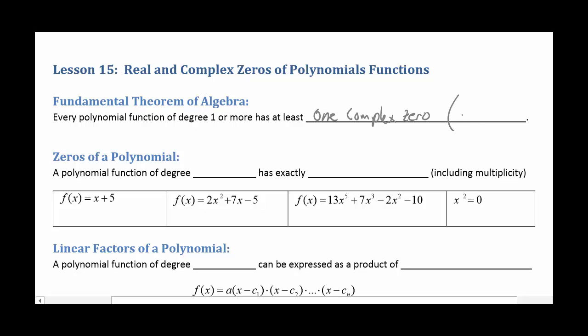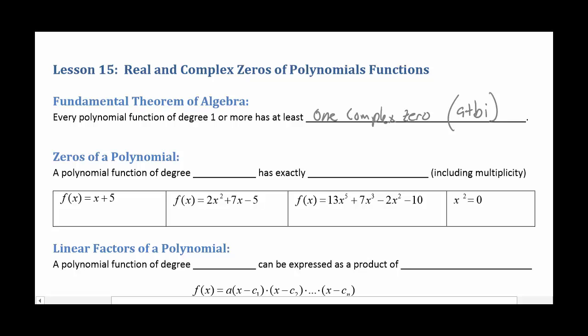Just a reminder on the idea of a complex. It means we could have a plus bi, so there's an i involved. There potentially could be. When we talk about the zeros of a polynomial, then the highest degree of the polynomial